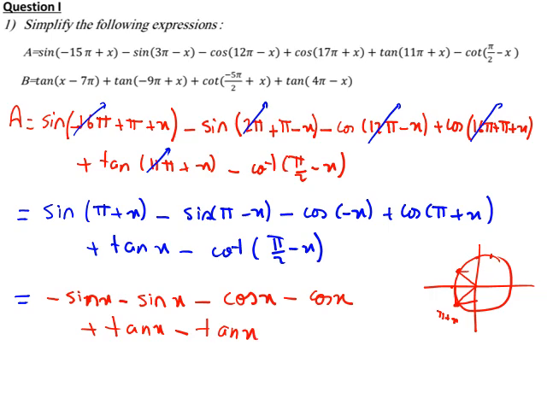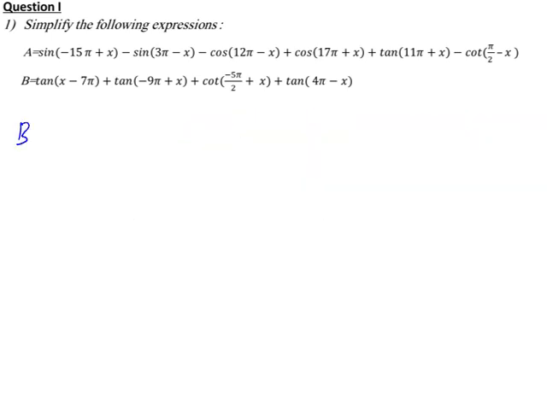Now tangent x minus tangent x equals 0, so the answer is minus 2 sine x minus 2 cosine x. B: 2k pi or k pi in tangent and cotangent is equal to 0, and here 0. So B equals tangent x